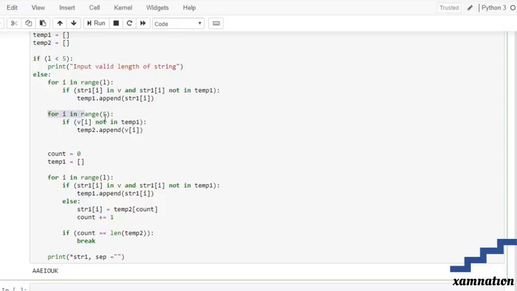After that, we are sorting all of the vowels which are not present in our given string,